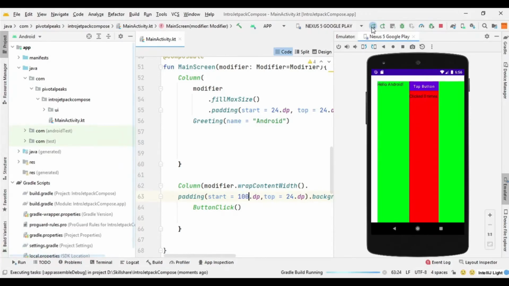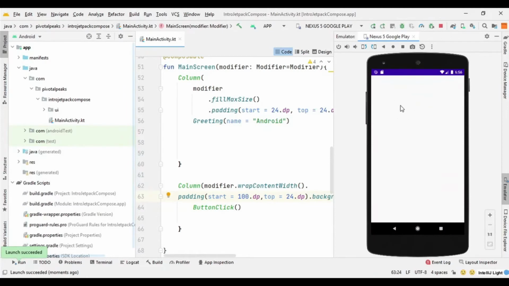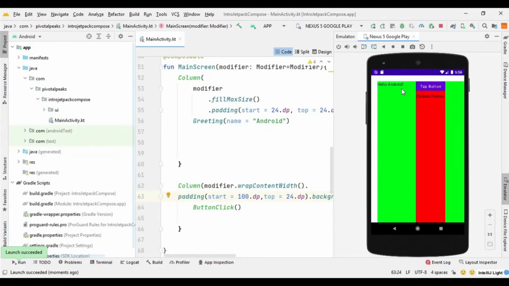So we can double check it. So if I say 100 dp, the gap between these two components will increase. So you can see the gap between these two has increased. So sorry for that little mistake. And so yeah, that's it for our column.